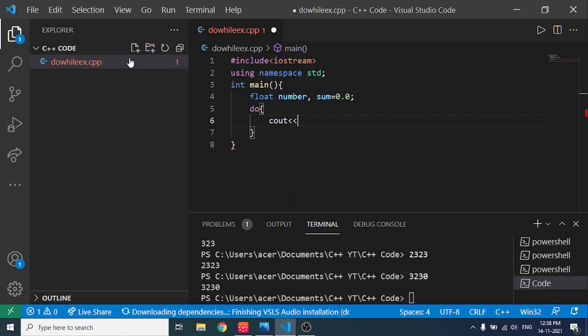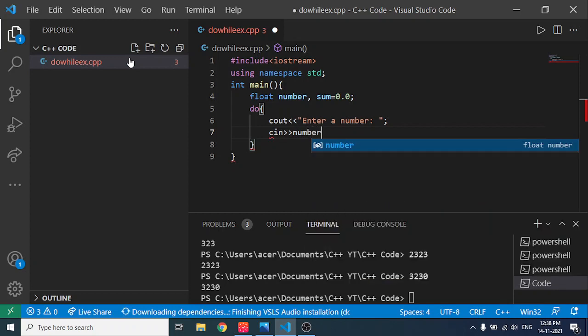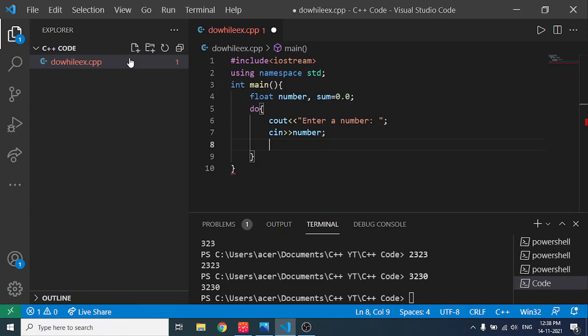cout, "Enter number", then cin number. Okay, once we write that number,